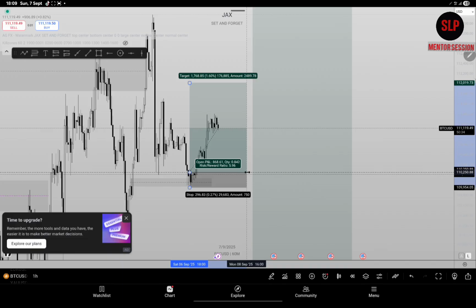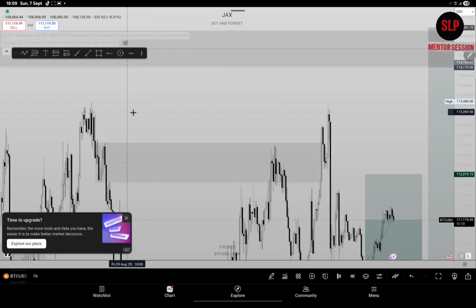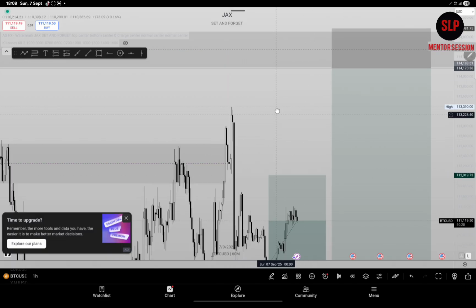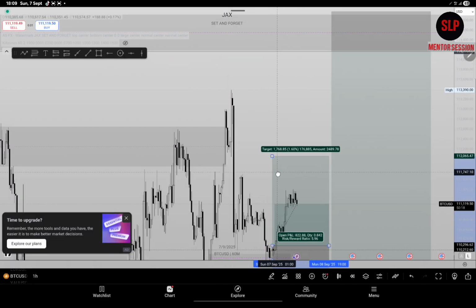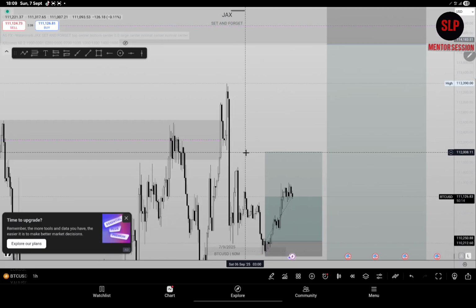I'm trying to pay respect to this breaker block, because price could actually want to use this breaker block to push it downside, although there is much liquidity above here, which is the reason why this breaker block will not hold. I'm definitely not going to buy from there. I'm definitely not going to sell from there. I'm selling from this PD array, but I'm also paying respect to the breaker block, so I will not TP above it. I'll just TP before it.